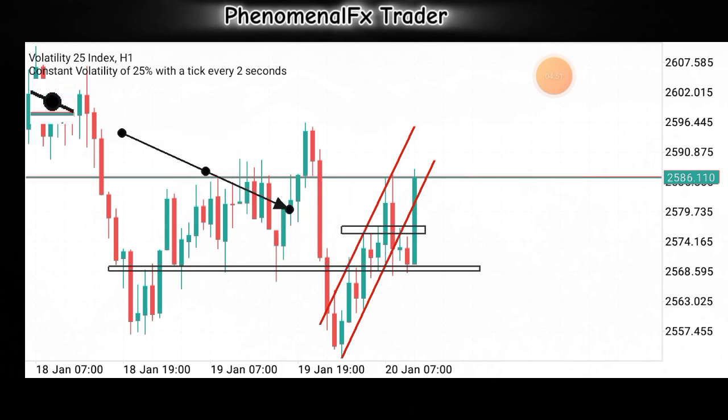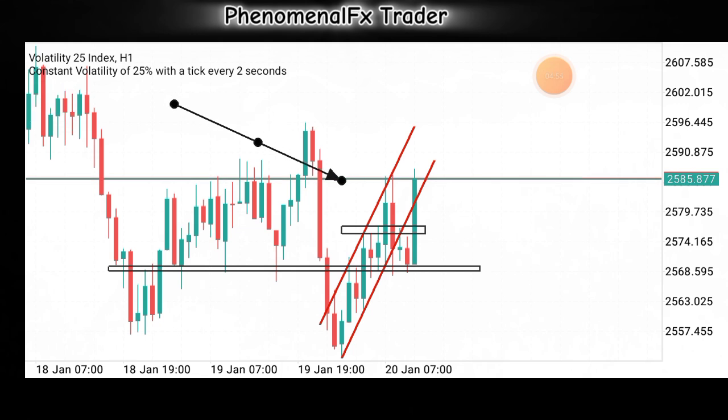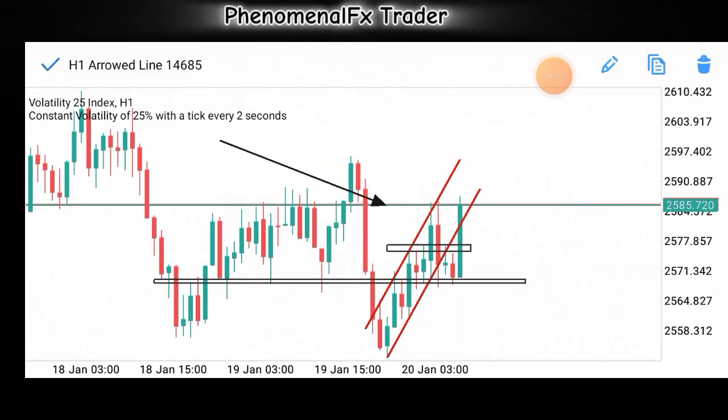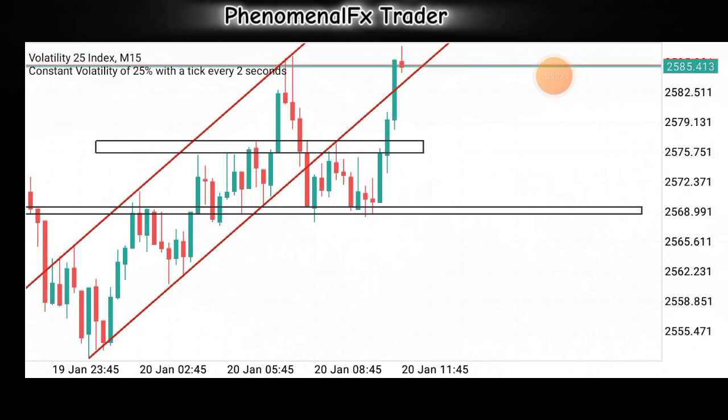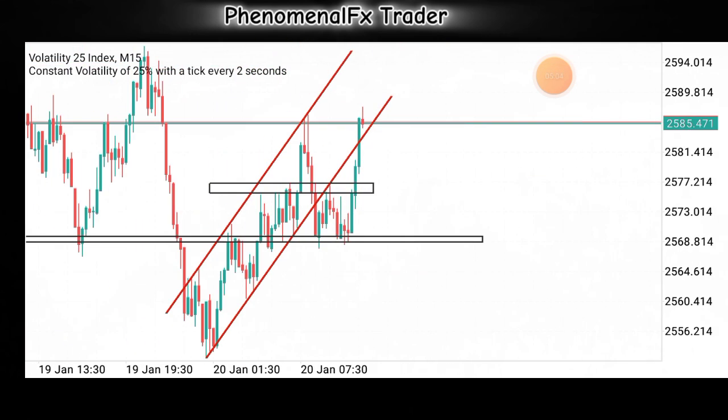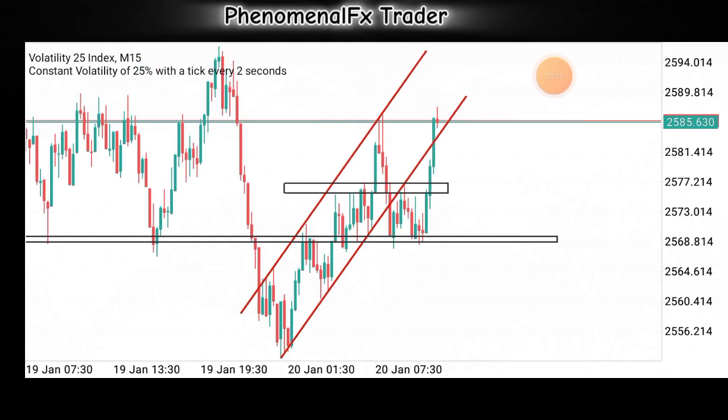All right, so now the market is back at this point. Now I don't know what the market's plan is, but I am just watching out to see what the market will want to do, because there is a chance it would want to maybe create a kind of a double top and start selling again to the downside. If it does so, no problem. But for now, I just wanted to share with you guys how you can avoid